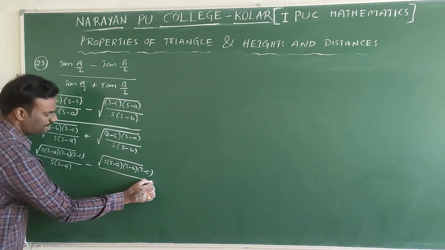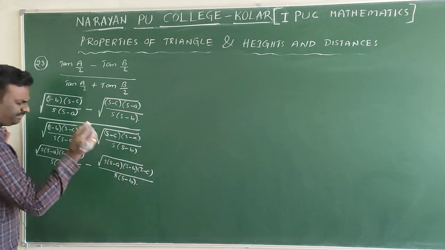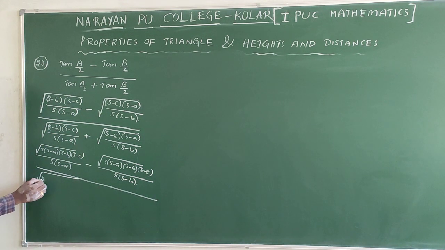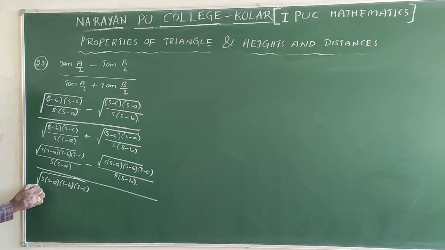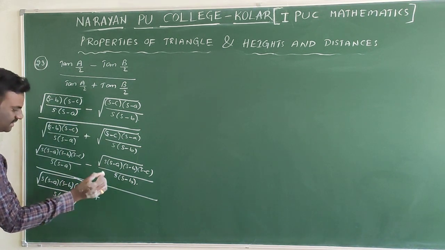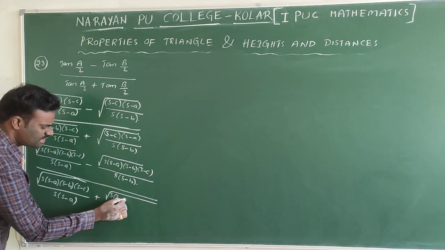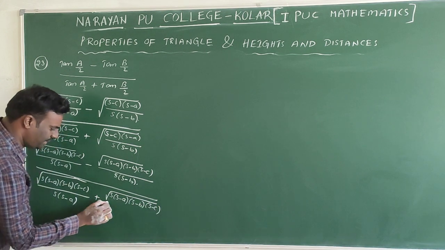If you multiply with S(S minus B), the root gets cancelled. Denominator also the same: under root of S(S minus A)(S minus B)(S minus C) by S(S minus A) plus under root of S(S minus A)(S minus B)(S minus C) by